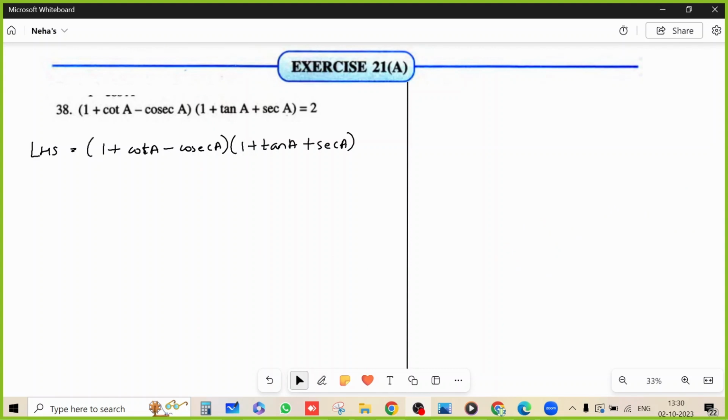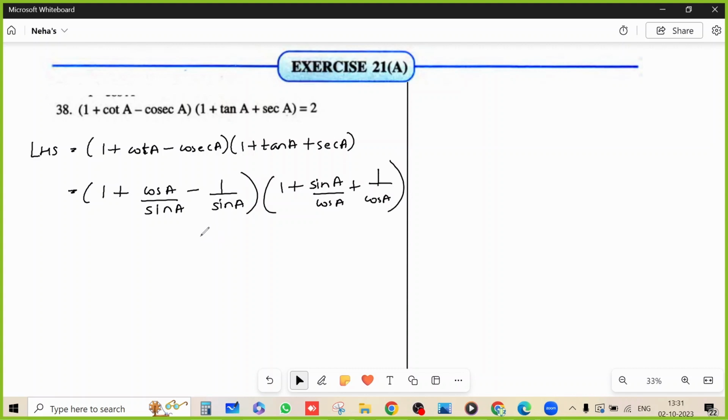The left hand side of question number 38 is equal to (1 plus cot A minus cosec A) into (1 plus tan A plus sec A). Now we will convert all the terms here in the form of sine and cos. So 1 plus cot A can be written as 1 plus cos A divided by sine A. Cosec A can be written as 1 upon sine A. Tan A can be written as sine A upon cos A. And sec A can be written as 1 upon cos A. This is by the following trigonometric relations,